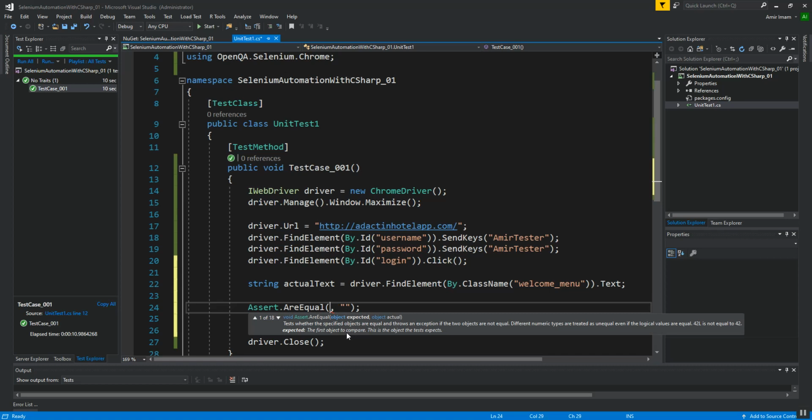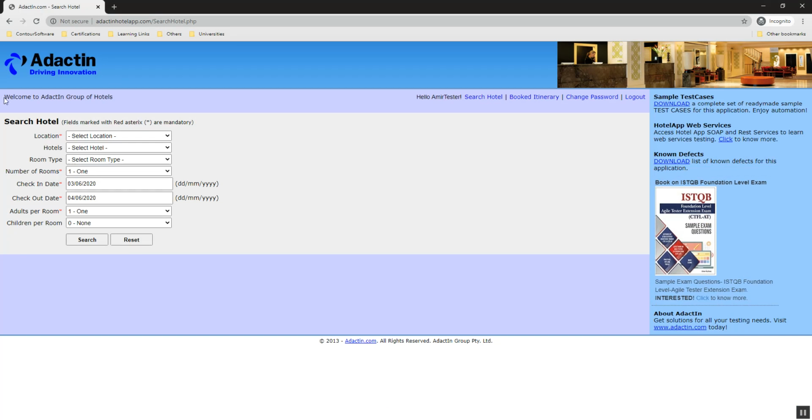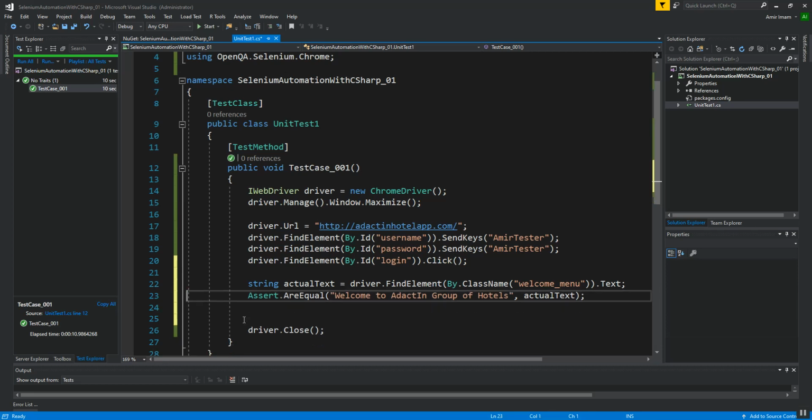For expected and actual, I am going to put actualText here, and for expected I will use the text I copied from the browser, and just put it here. So the assertion is done. Let's repeat what I have done.